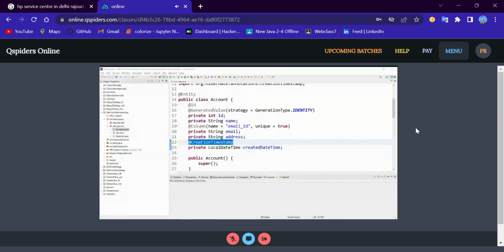So let us try to insert and check. Let us write a DAO layer and try to insert and check what happens. So what I'm going to do is I'm going to create